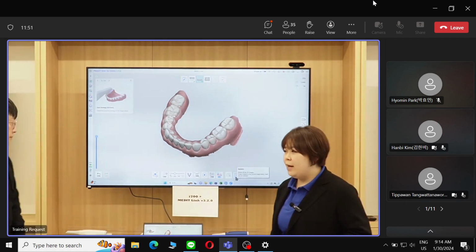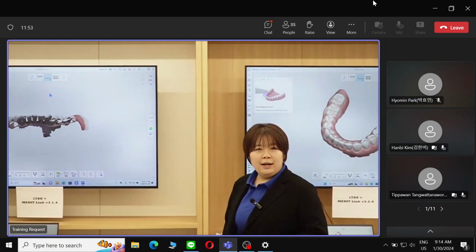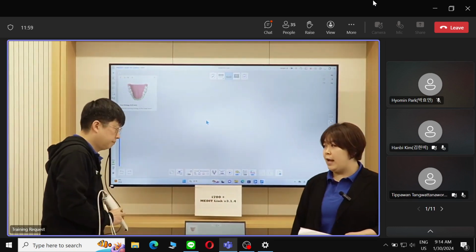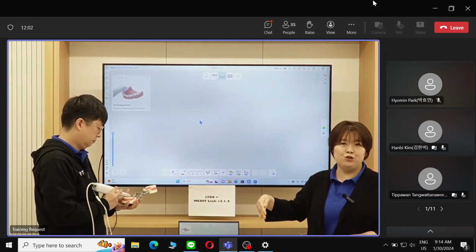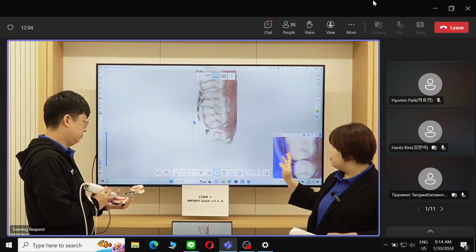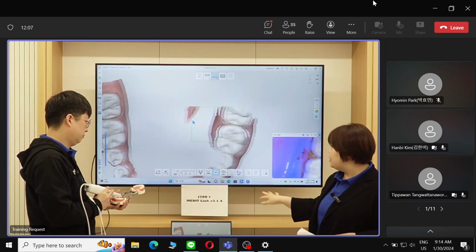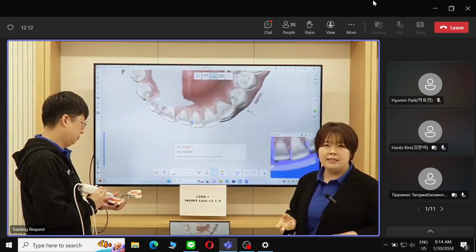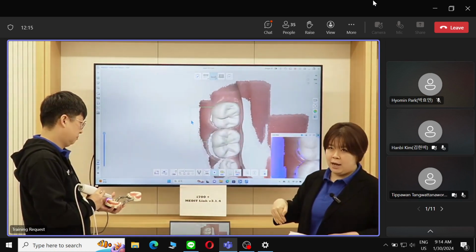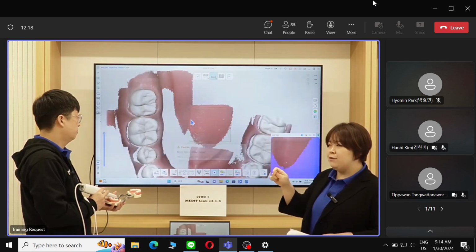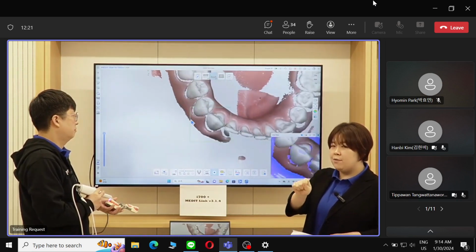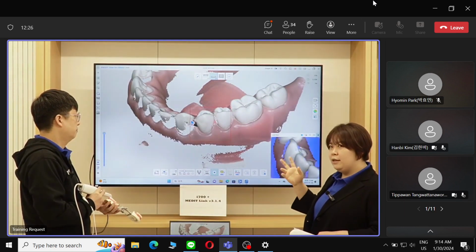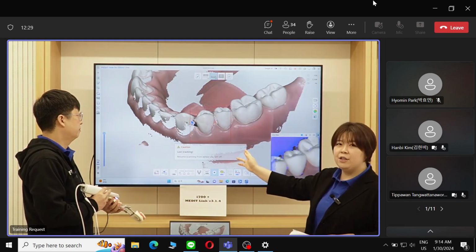Okay, so the second thing that has improved, we'll show you in the previous version, once you were scanning, sometimes the scanner would lose track. Okay, let's see if that happens. So you'd be scanning and sometimes the scanner would be losing track. It would take a little more time for the scanner to respond and to find its track back. So even though sometimes, for example, you would move your hand back to the right point where data acquisition had been cut out, because there's a little delay between the hardware and the software recognition,